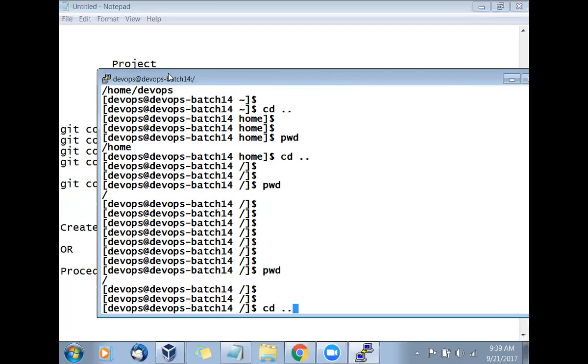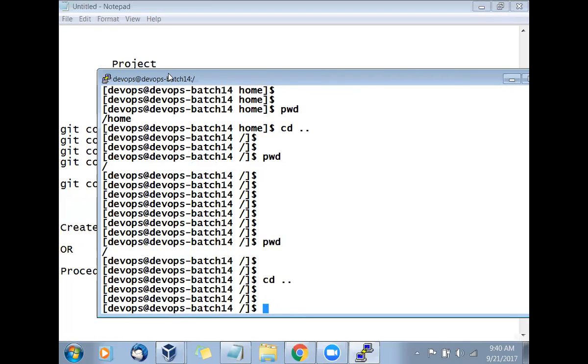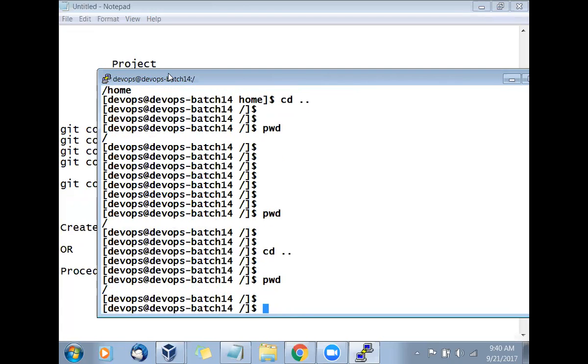Suppose you are on the C drive and you want to go below the C drive. Can you go below the C drive? So that is the end. Even though I give cd .., I will be in the same directory. The directory will not change. So slash means what? It is like the C drive. Imagine that if you are in Windows, you will say C drive, and if you are in Linux, you will say slash. That's all. So instead of C drive, you'll say slash and you'll go there.